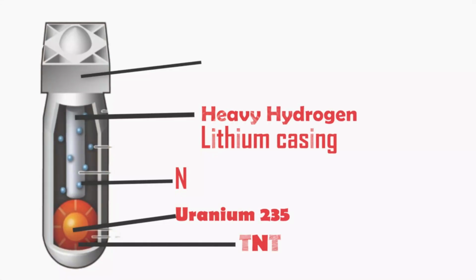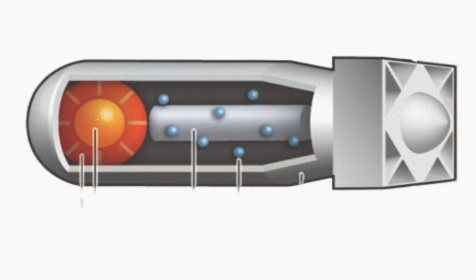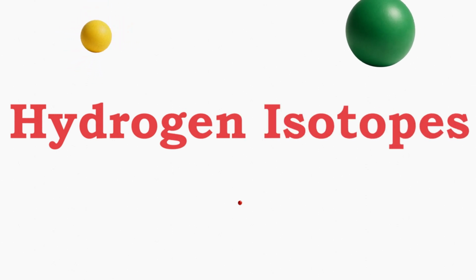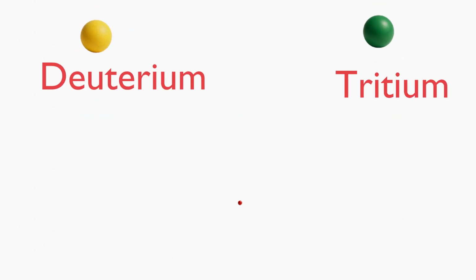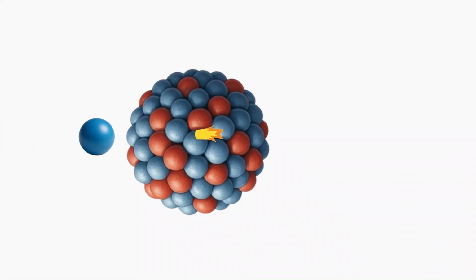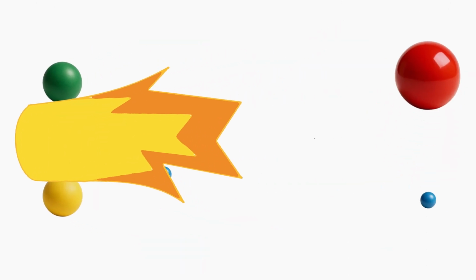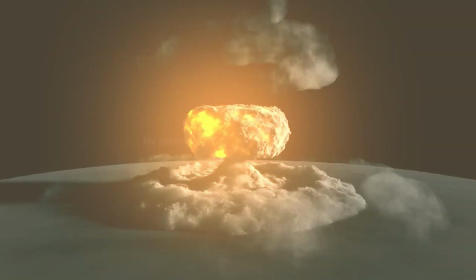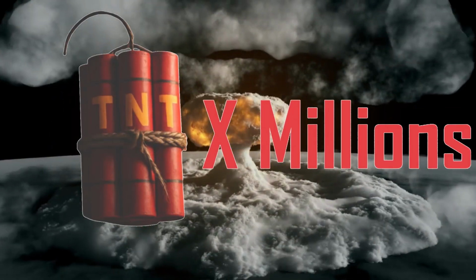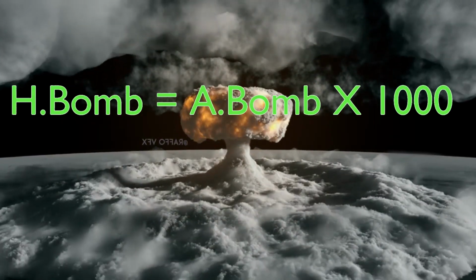The hydrogen bomb, H-bomb, is more advanced and uses a combination of fission and fusion. The fusion process involves combining light hydrogen isotopes, deuterium and tritium, under extreme heat and pressure, which releases significantly more energy than fission alone. A hydrogen bomb starts with a fission explosion that triggers the fusion reaction, resulting in a much larger blast, often measured in megatons, millions of tons of TNT, up to 1,000 times more powerful than atomic